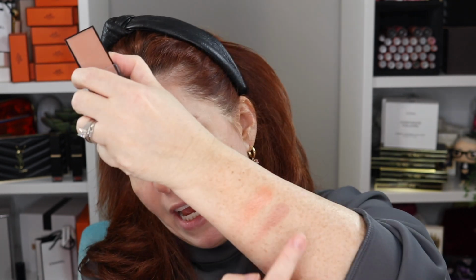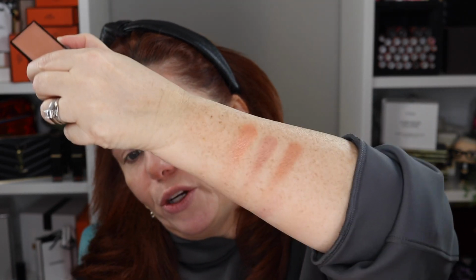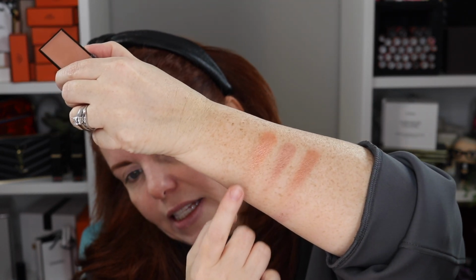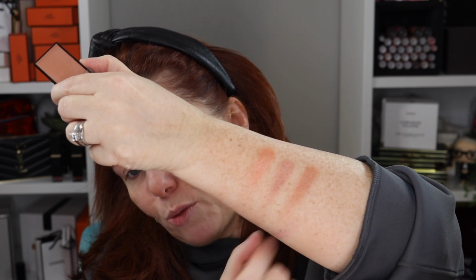And the last one is Chaleur, or Chalet. That's not how you pronounce it. It's C-H-A-L-E-U-R. And this one is kind of an in-between of those two. It's not as peachy and as like shimmery as this one, but it's far less pink than this one, but it has more of a brown undertone to it. And I have no idea which one I'm gonna use today. I haven't gotten that far. I don't know. Okay, and then we've got the Sicily in Beige Manhattan,